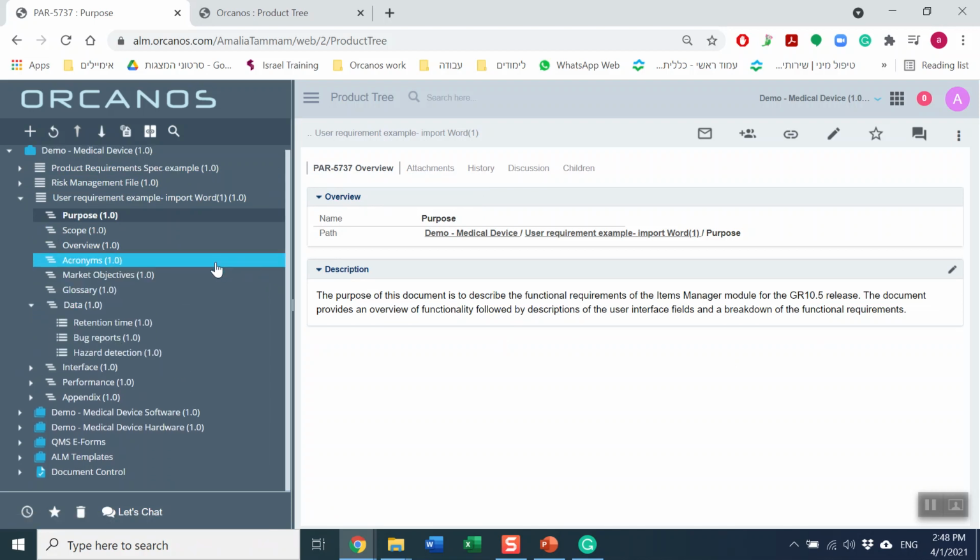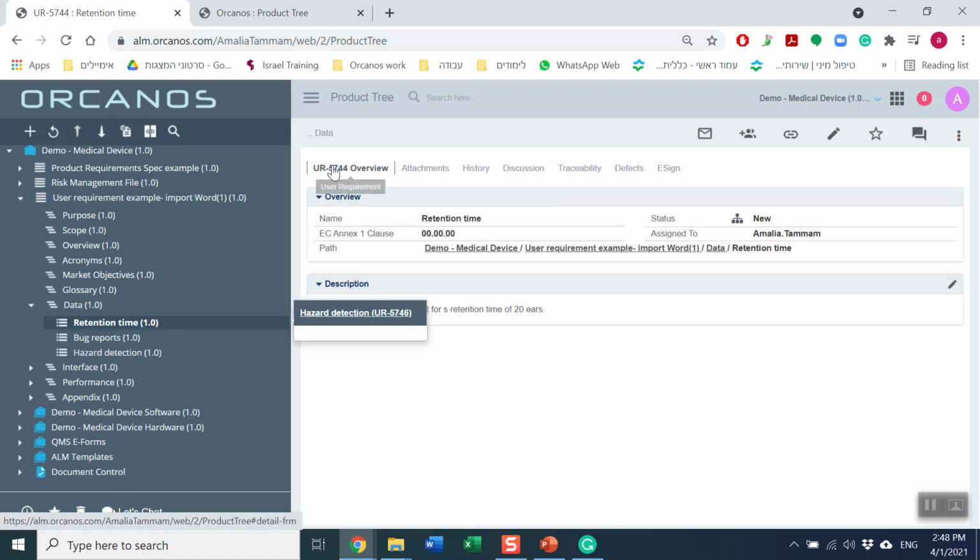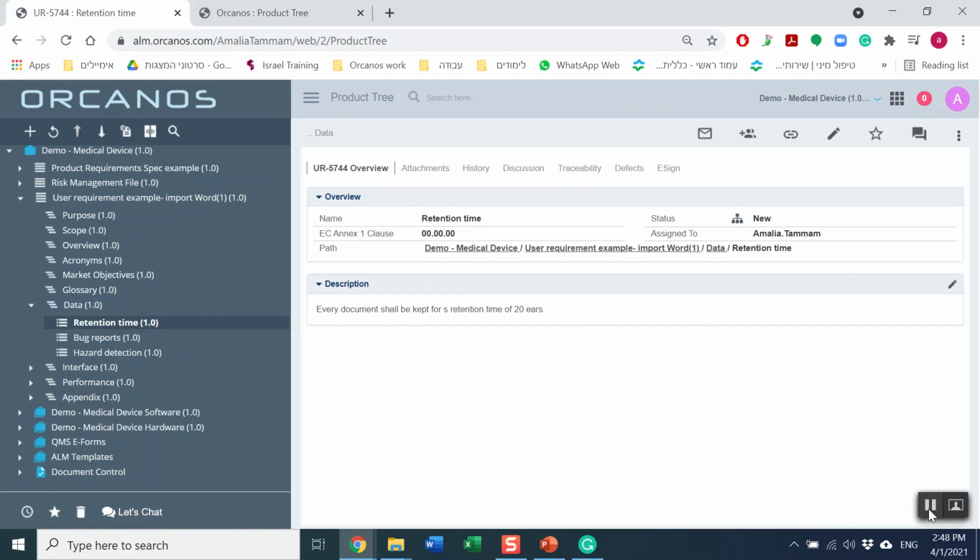If I open the data, you can see that it imported 3 work items under the user requirement work item, which can have different fields and different permissions in our system.